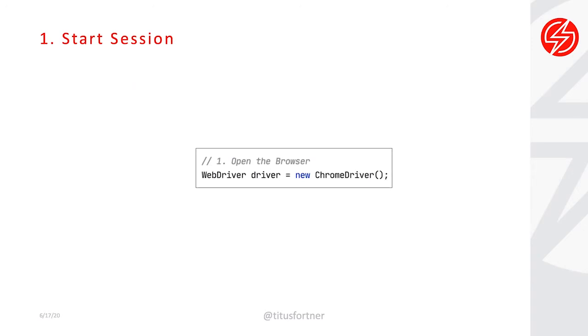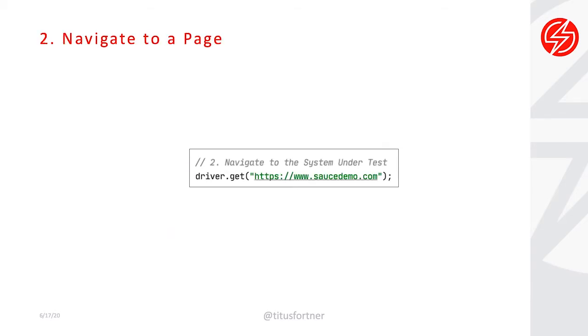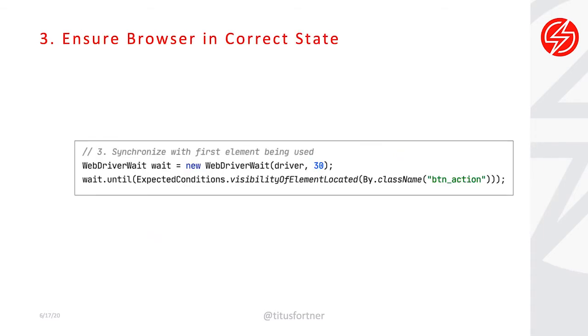We're opening the browser by creating a new driver in this case. We're going to use the driver to get, or navigate.to is another option, a specific URL. The synchronization comes in Java with a WebDriver wait class. So you're going to initialize one of those, and then you're going to use the expected conditions class to specify what condition needs to be